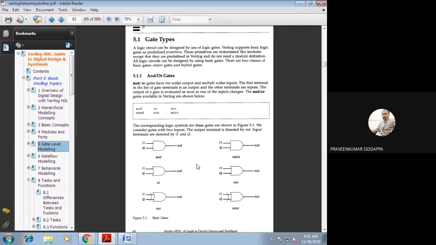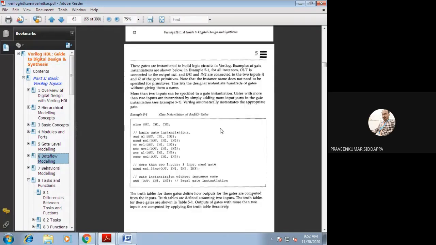How should these gates be expressed in terms of a Verilog expression? Using gate level modeling, how will you write it? We will discuss it in the next slide. How we write all these six expressions, whenever we write that expression, this logical symbol should appear in your software. How should we write that expression in the gate level model? I have written it here, so all of you see and check it.